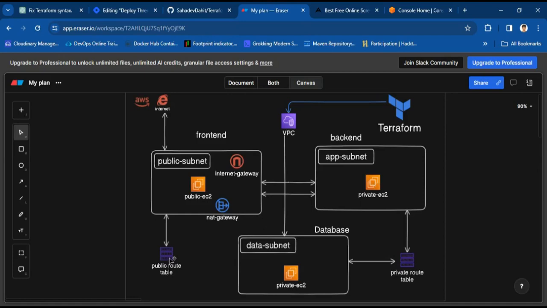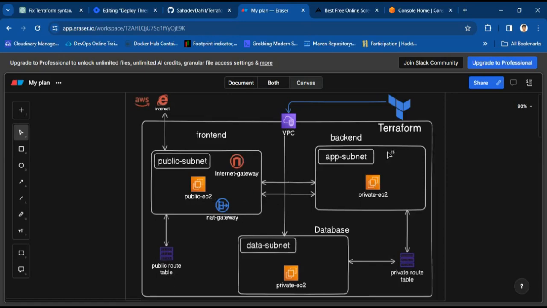Here in the public route table we have attached the internet gateway, and in the private route table we attach the NAT gateway, like in this way. This is the VPC, whole VPC,